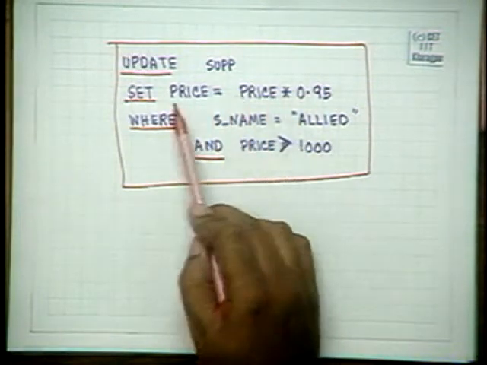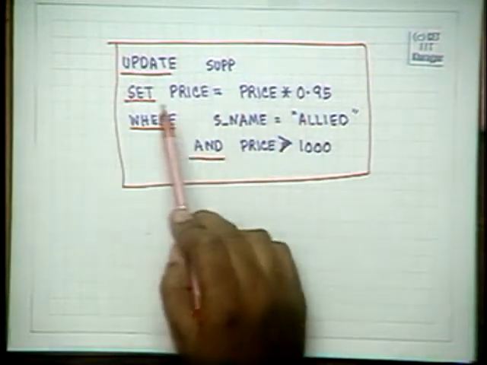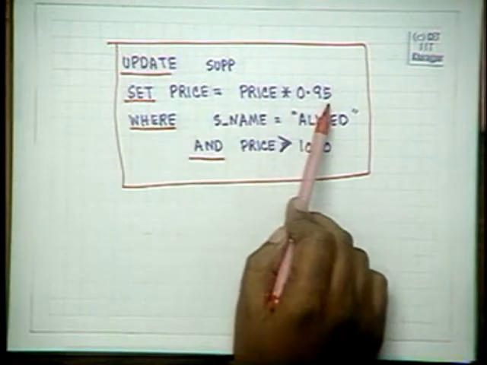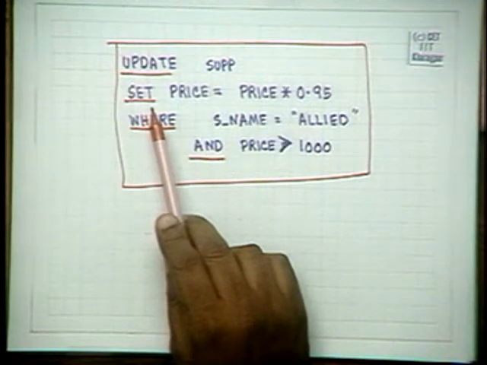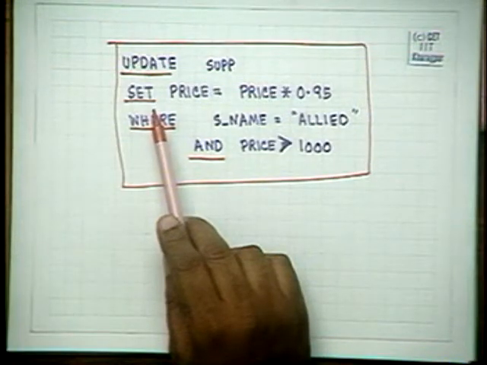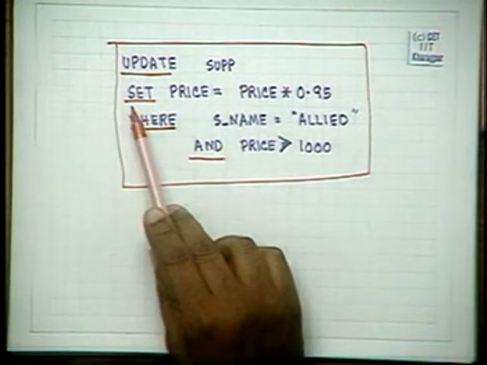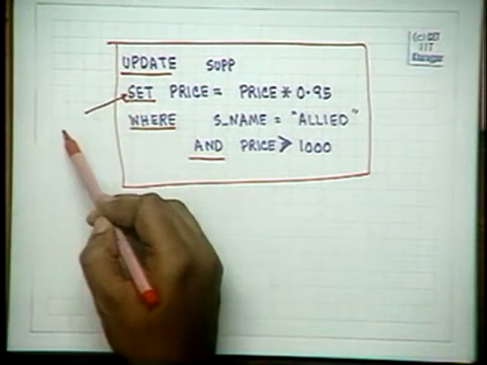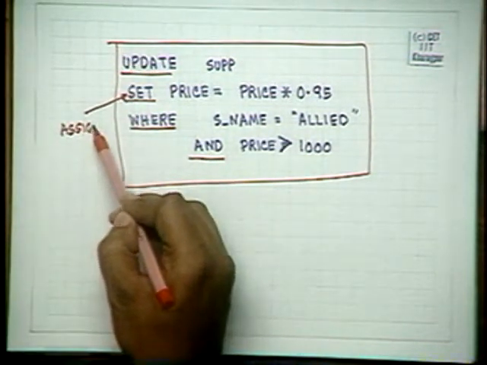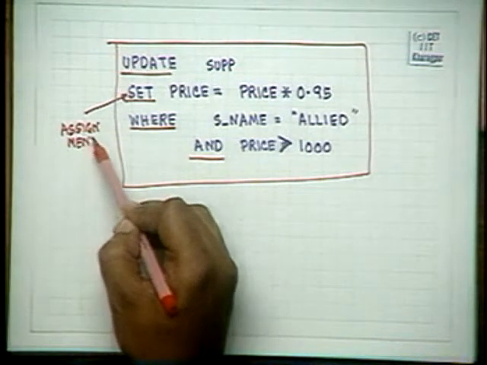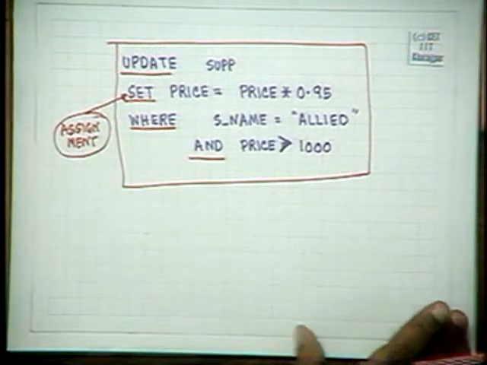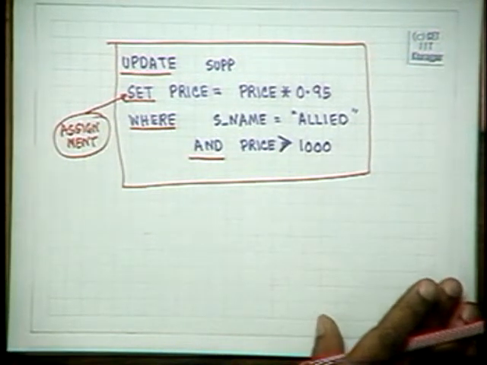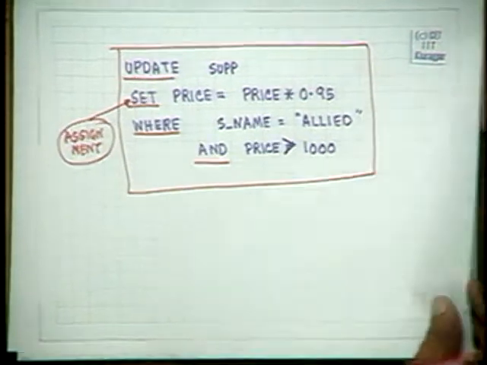So this is an assignment statement. Actually, this statement is an assignment statement. Till now we have not really done a single assignment statement. All the operations that we have done are extracting information, doing insertion or deletion, but updation requires assignment, and this set operation is the assignment statement. So we've got three operations: insert, delete and update, by which we can modify the database.